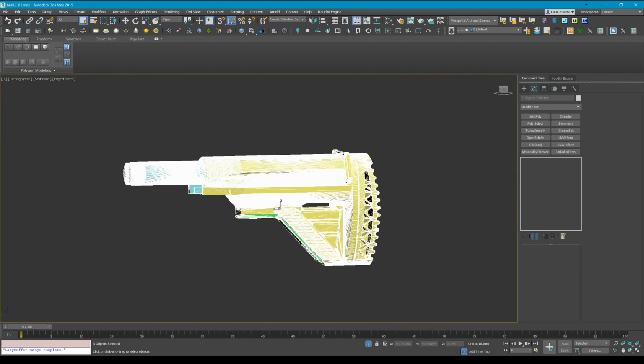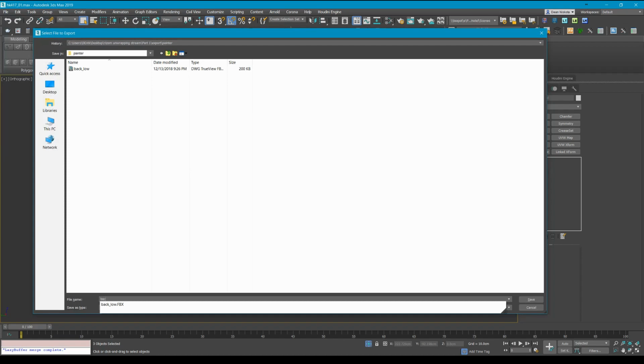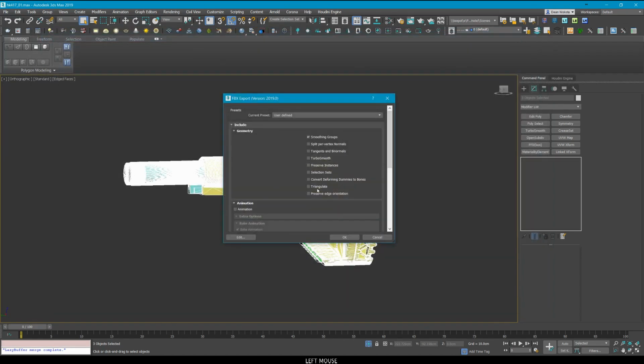We're going to export this as back high, like that. We've got to remember to preserve edge, and tangents be normals. I'm never sure about this option, but